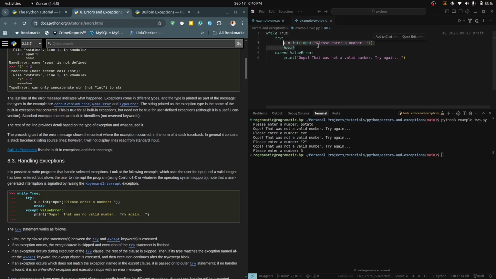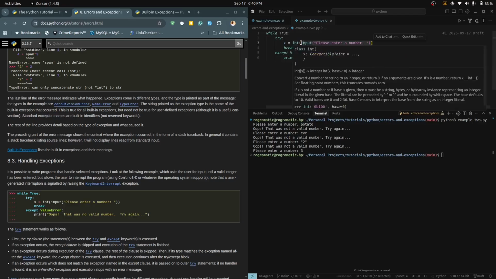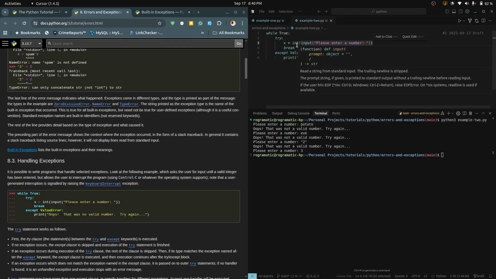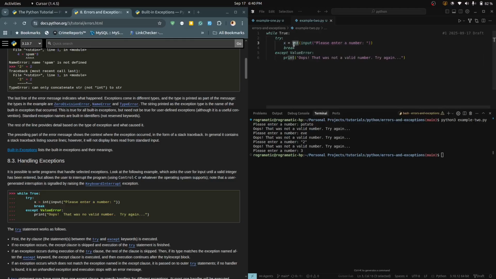So what that's saying is that here we're trying to get an input from the user and we expect this input to be an integer. But if it is not an integer, it throws a ValueError. When we pass in anything that is not an integer to this function, it throws a ValueError, which is now caught by this except ValueError. And so this line of code will now be executed, which prints this "Oops, that's not a valid number, try